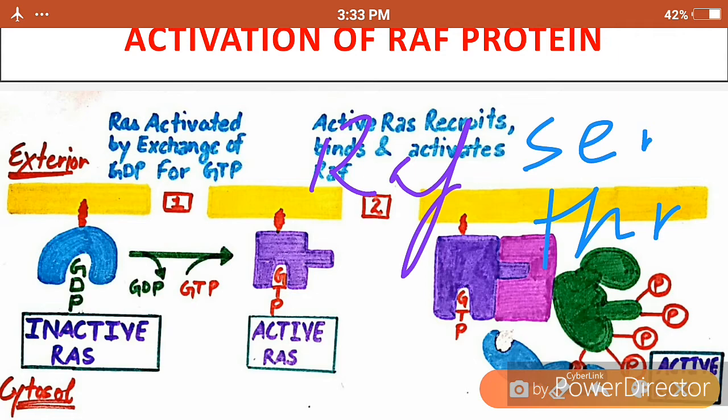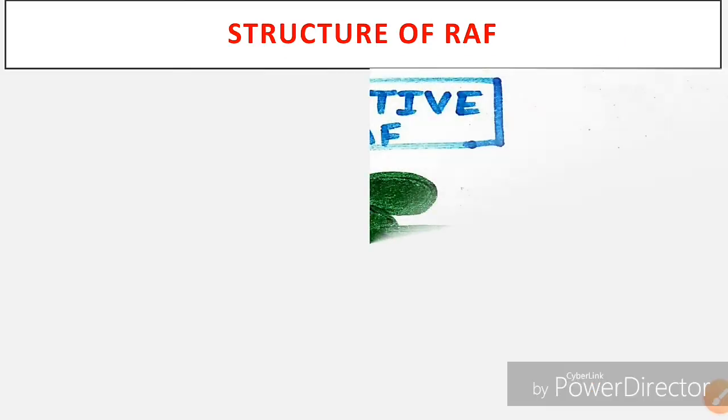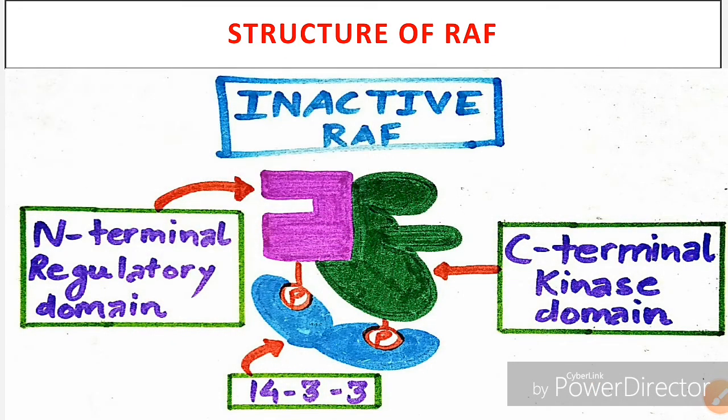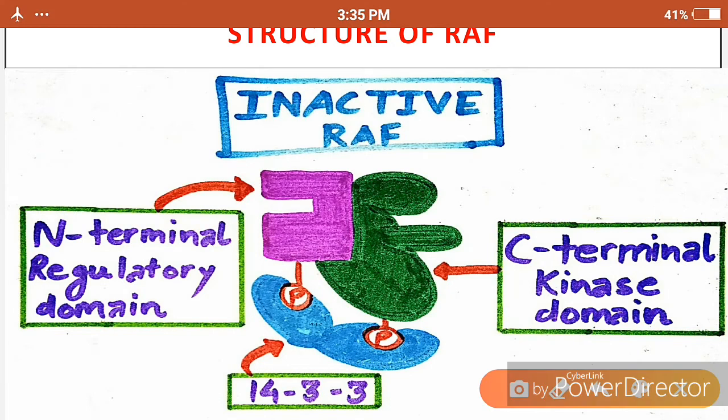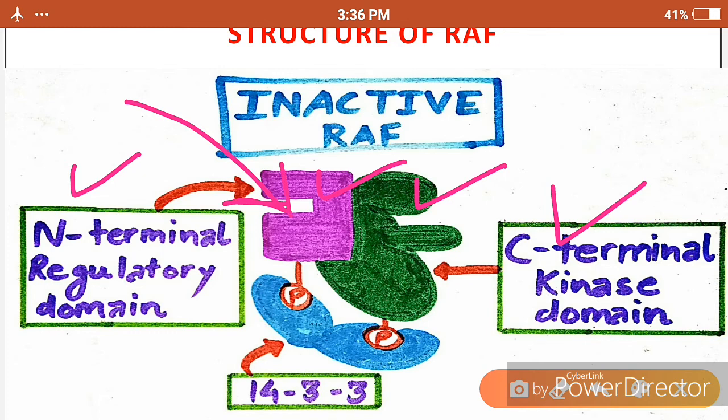So let's know its structure first. This is the structure of the RAF protein. This is formed of two subunits. The first one we have is the N-terminal regulatory domain in pink color. Okay, and then we have the C-terminal kinase domain, this green. The RAS protein binds on the N-terminal regulatory domain. Initially, when the ligand is not bound, this protein, the RAF, is bound by another protein known as